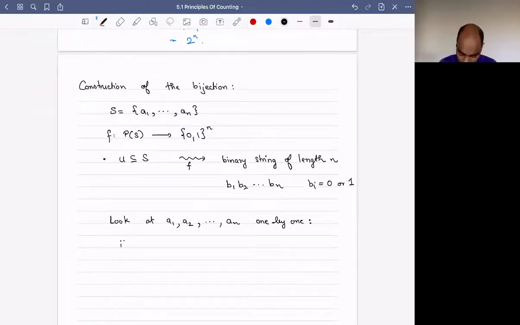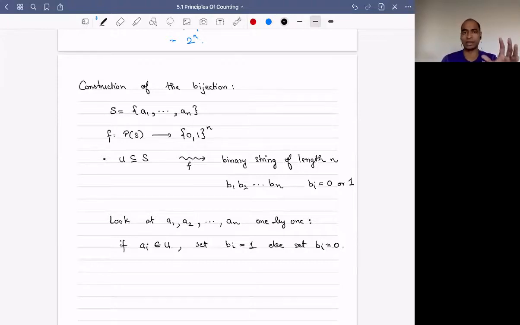And if ai is in U, then set bi equal to 1, else set bi equal to 0. So I look at each element one by one. I'll start with A1 and I'll see if A1 is in U. If A1 is in U, then I'll set b1 to be 1, otherwise I'll set it equal to 0. Now go to A2. If A2 is in U, then I'll set b2 to be 1, otherwise I'll set it